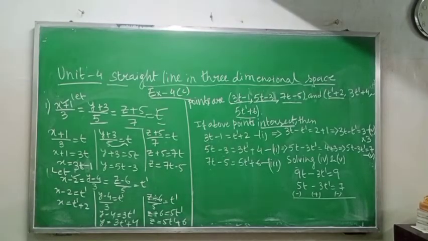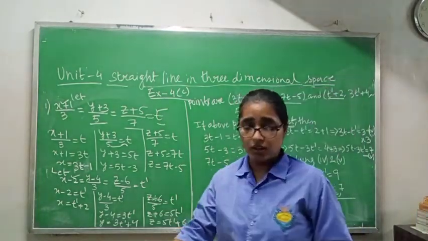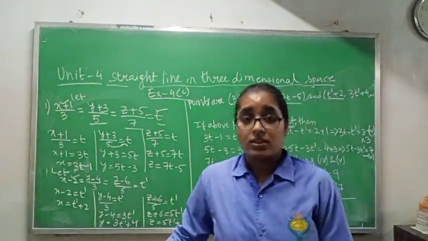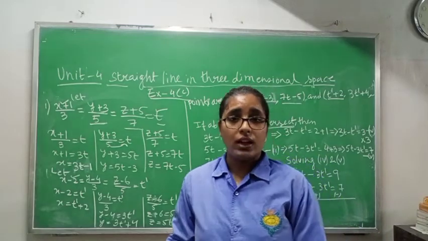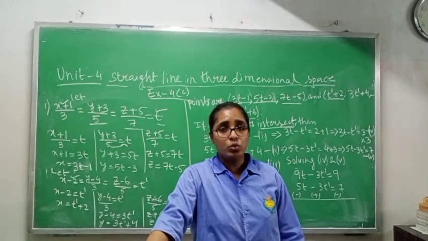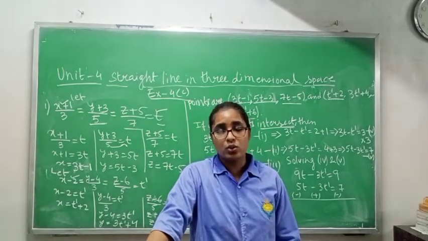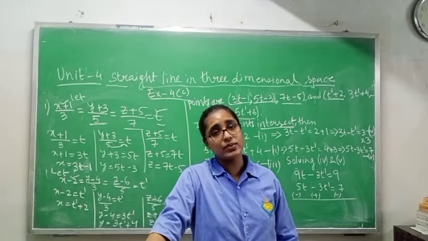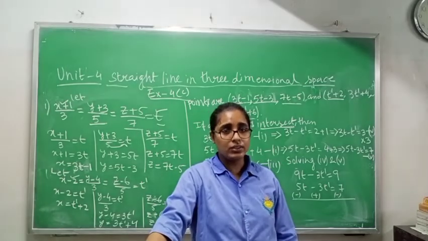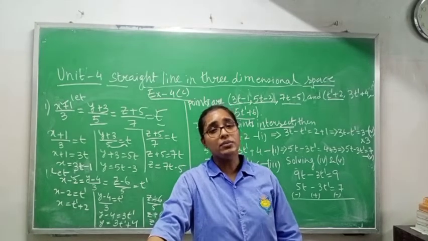Class 12. In today's class, I am going to start exercise 4C. In this one, you have to understand whether the given two lines are intersecting or not intersecting, and one more thing, we have to find a fixed point. The question will be given in Cartesian form as well as vector form. How you will convert that to find the intersection point, whether they intersect or not, and the fixed point.